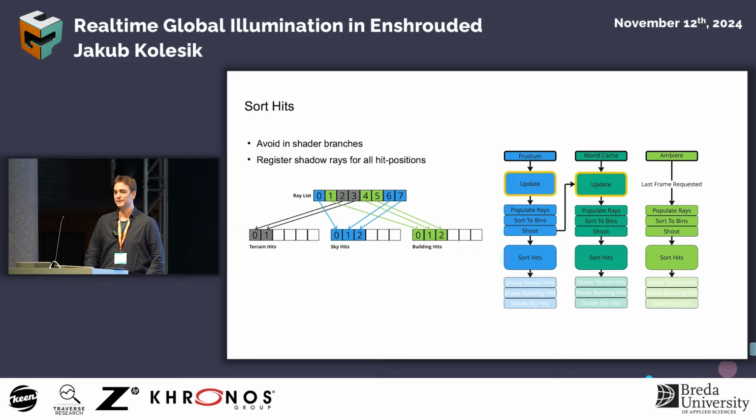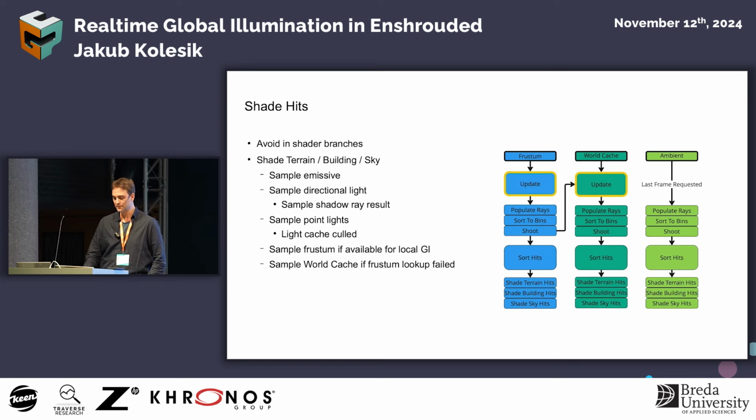So when we have the hit positions, we can finally register shadow rays, which will be shot after that. And also, to avoid shader branches, we are separating everything into terrain hits, sky hits, and building hits, because these are 3 different shaders, and that hurts performance if you are putting them all together. So the shading function consists of these